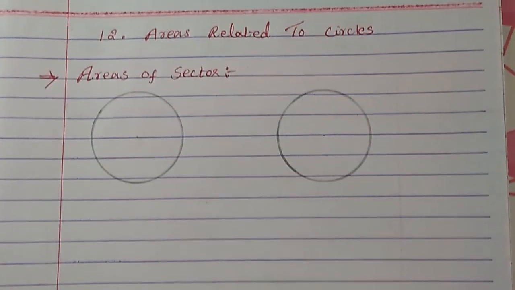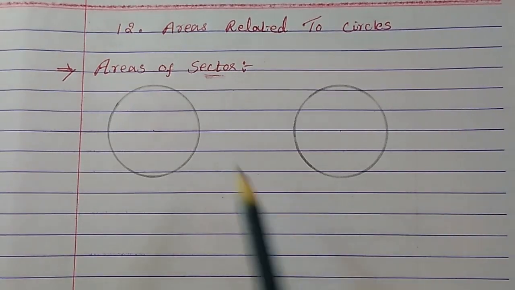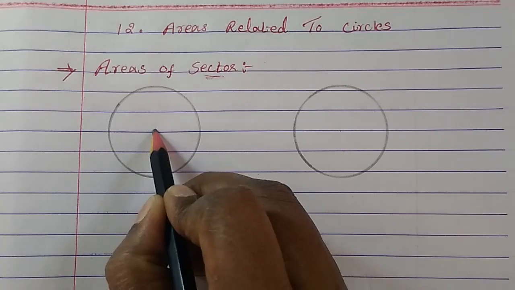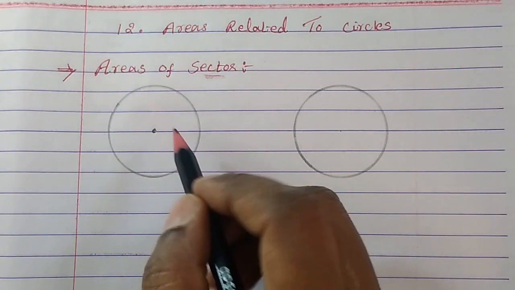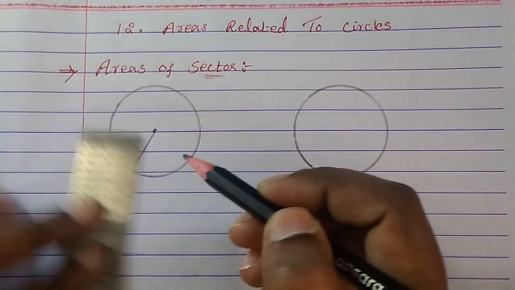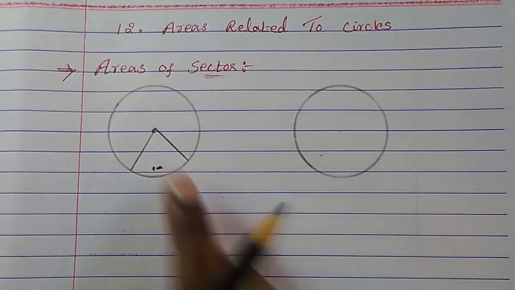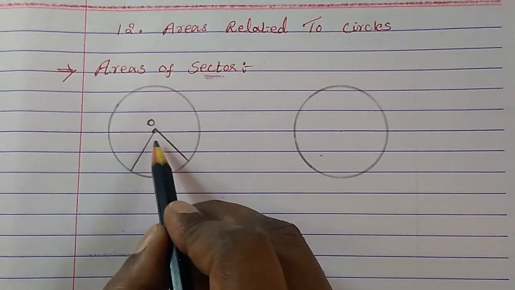So first of all, let us try to understand the meaning of sector. Okay. So this is a full circle and we know this is the center. This is the area of the circle, but then from the center, you make a piece with two radii. Now you see this is a center, these are two radii. So this much part